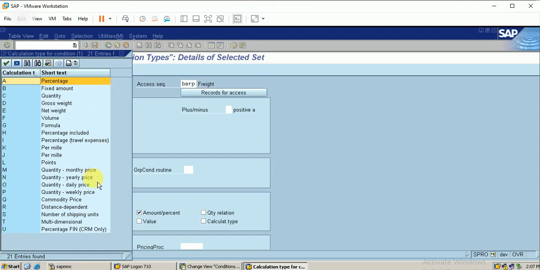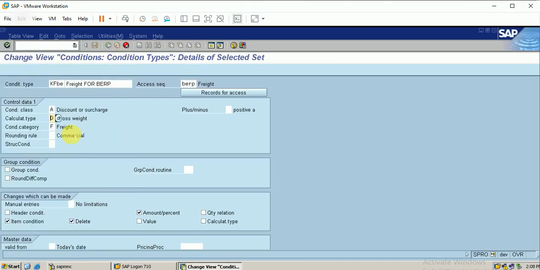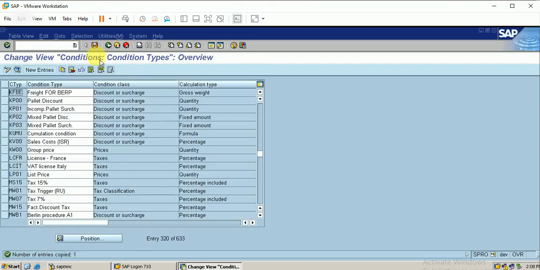We can also change this to quantity or amount. Let it be based on the weight itself. Click on enter. Click on save. So till now we have configured three condition types.